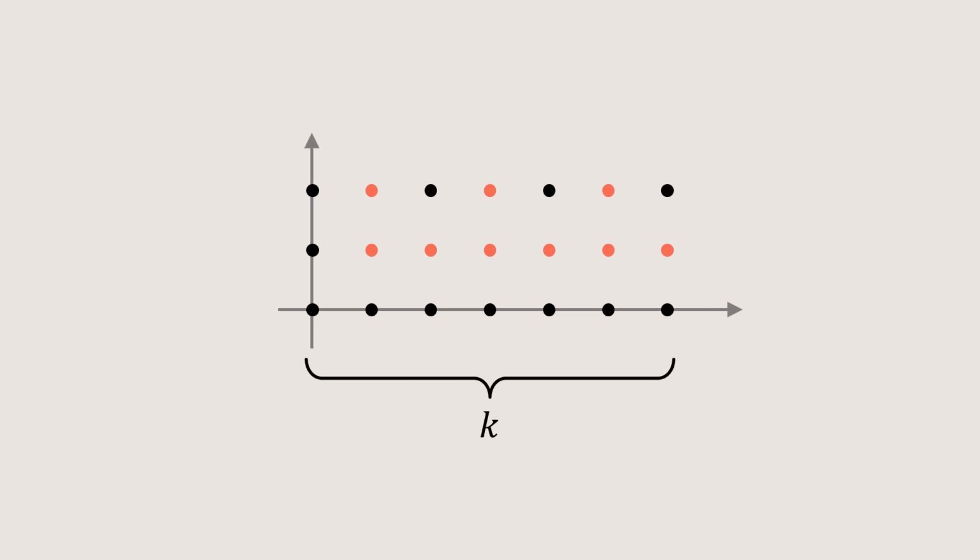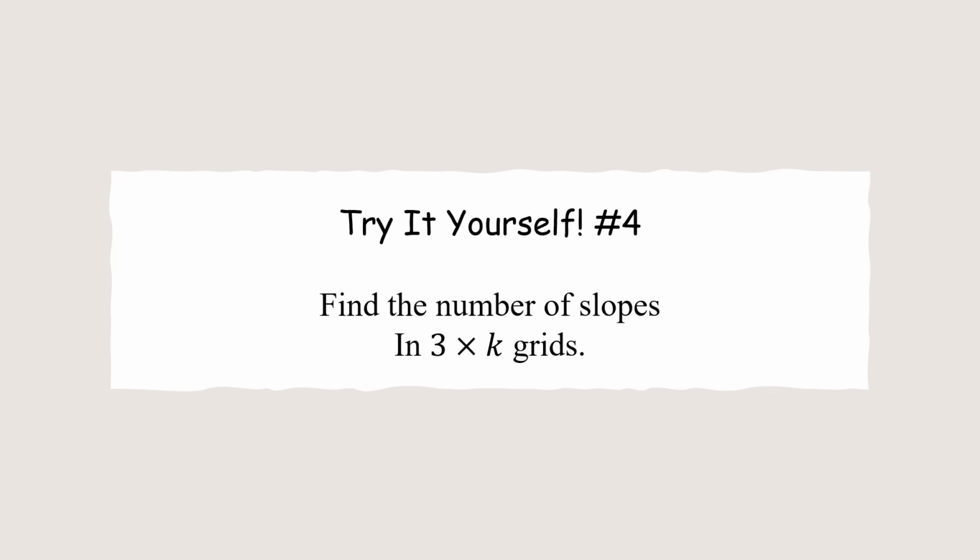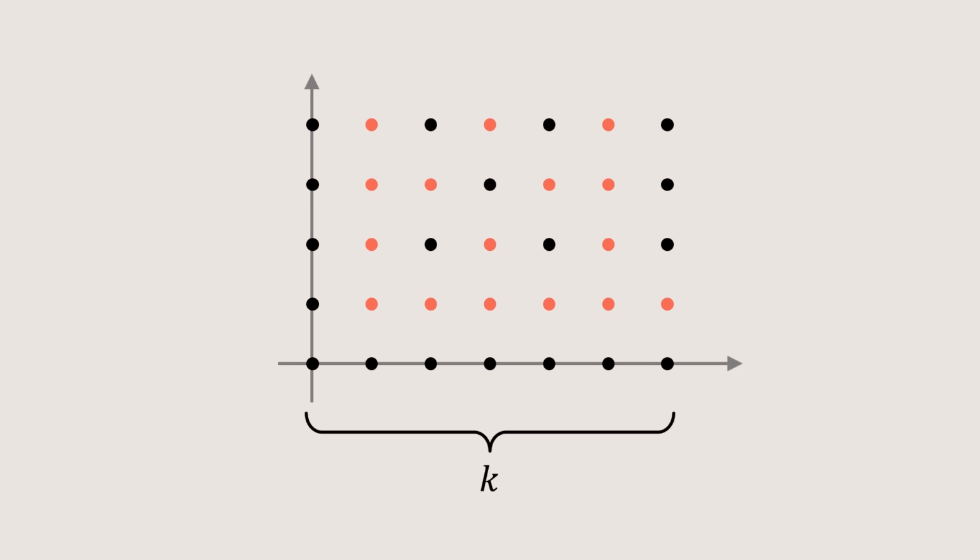All the points in the middle row are coprime, and all the points in the top row just alternate. Try finding the number of slopes, and you'll get that there are less slopes than dots only if k is odd. I'll skip the 4x and 5x grids, but if you calculate, the only grids with slopes less than dots are 5x5 and 5x7.